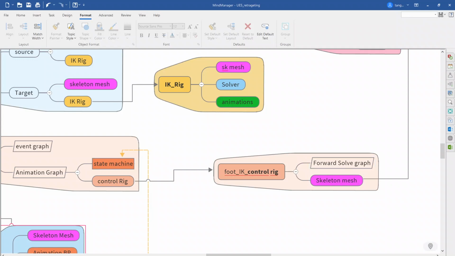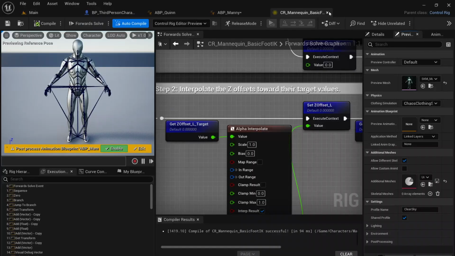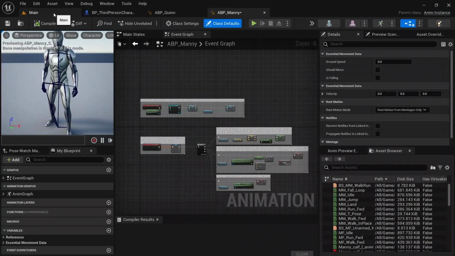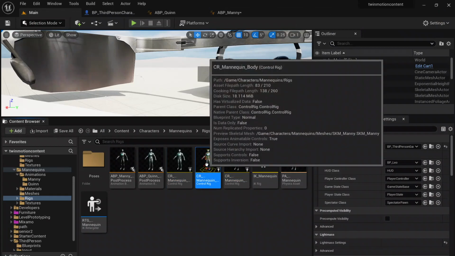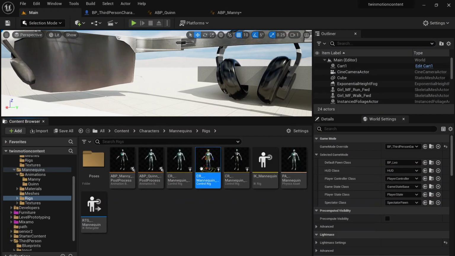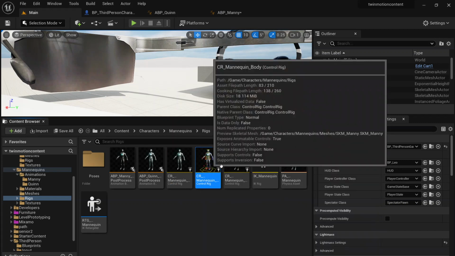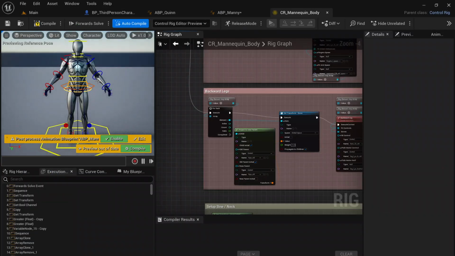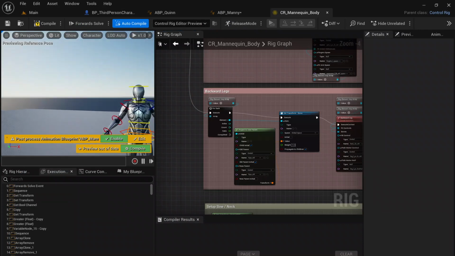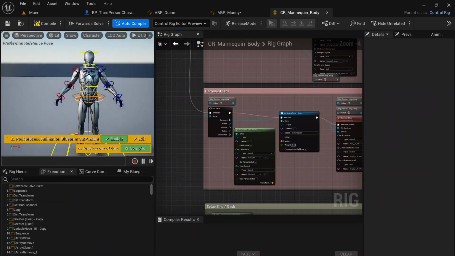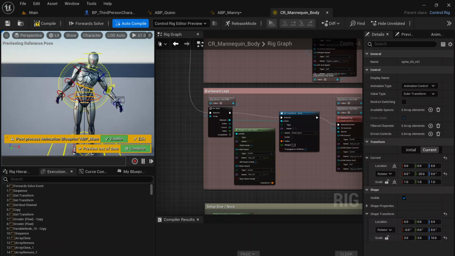The same thing, I can open another control rig. Here's another one. By default, I think Unreal provides you a lot of cool, already rigged settings. This one is called body control rig. If I open it, you can see this is very similar to the MetaHuman. You have all the rigs. You are able to click the rig, and you can keyframe them in sequencer if you want. It's pretty nice. You also have this solver